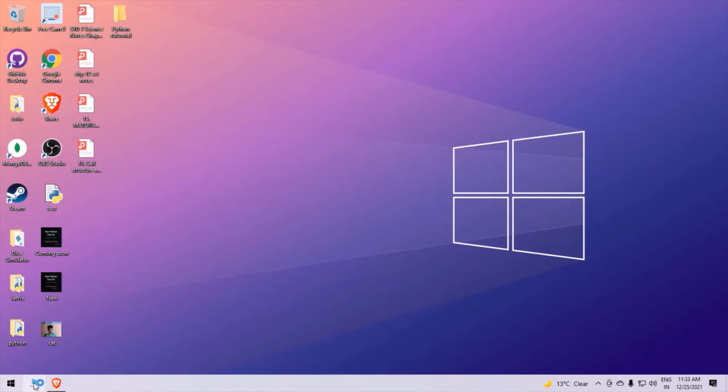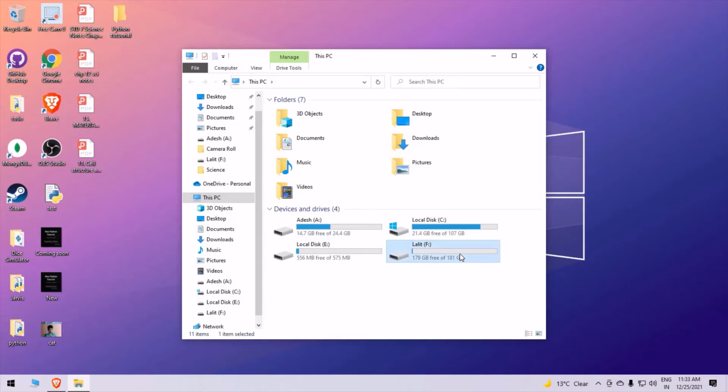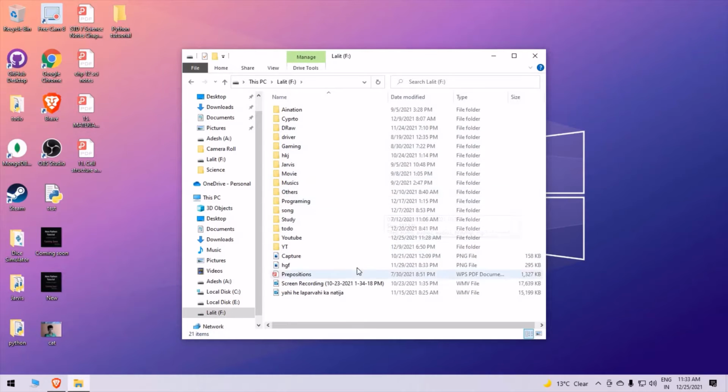In the previous video we saw how to install Python and our VS Code editor. So in this video we are going to write a first program in Python. So let's begin with it. First we will create a new folder named Python tutorial,